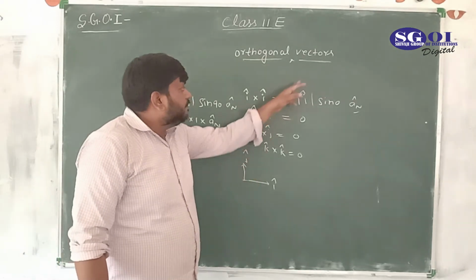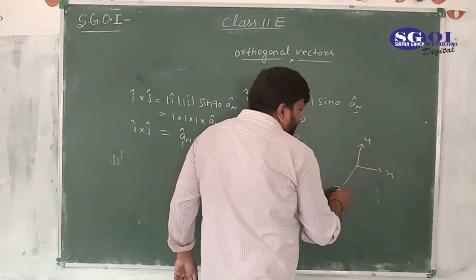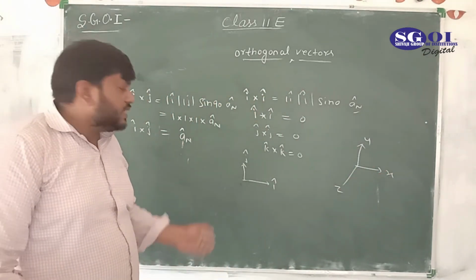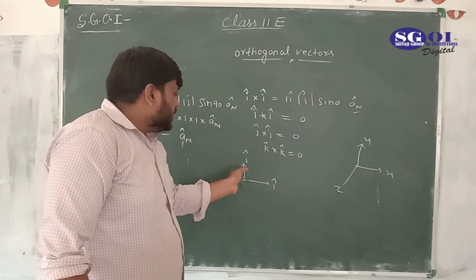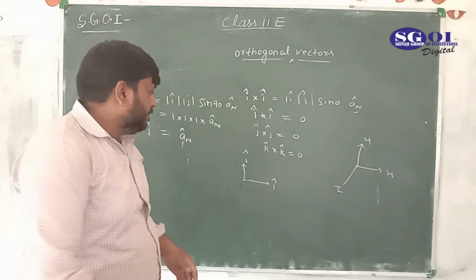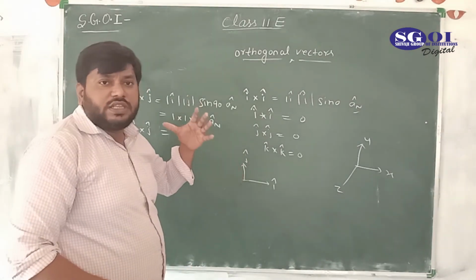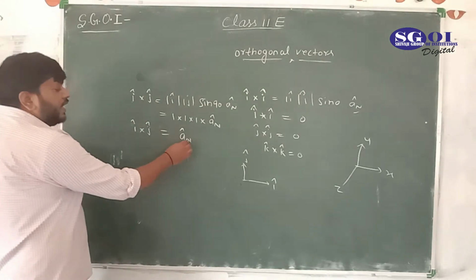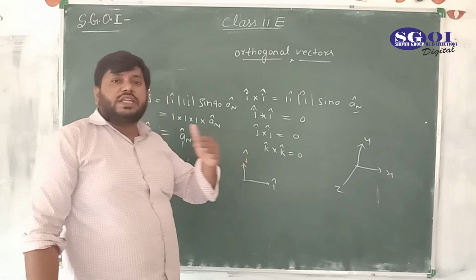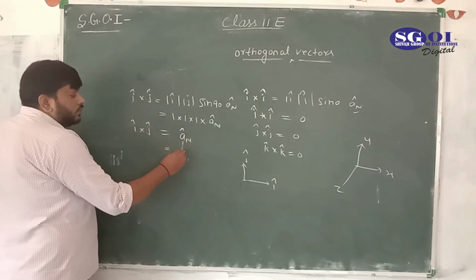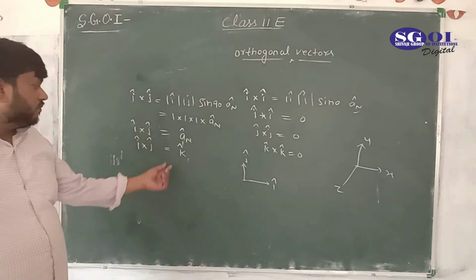This is i, this is j. As I told you, this is the X axis, Y axis, and this is the positive Z axis. So what is the negative Z axis? Inside the blackboard. This is the X axis, this is the Y axis, this is minus Z, and this is plus Z. So here you are seeing that it is outside, normal to the plane. This is the direction of Z, and the unit vector along positive Z direction is k cap. So the result is i cross j equal to k.